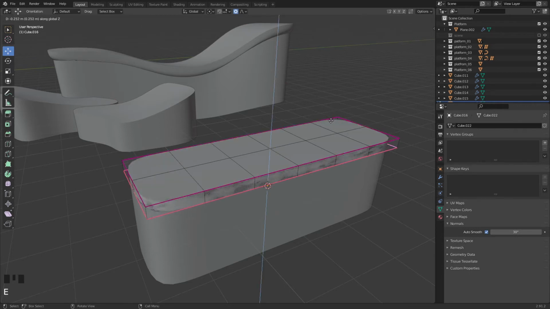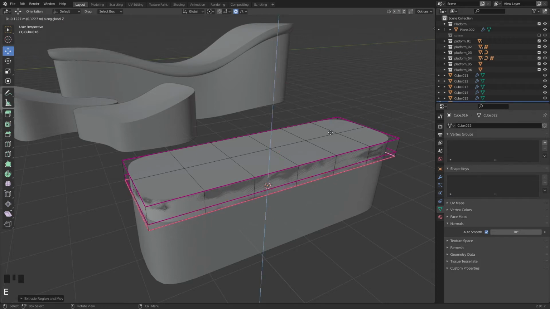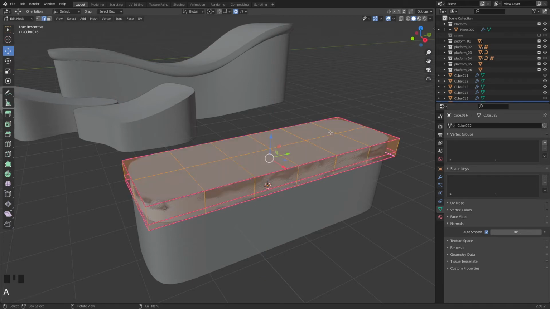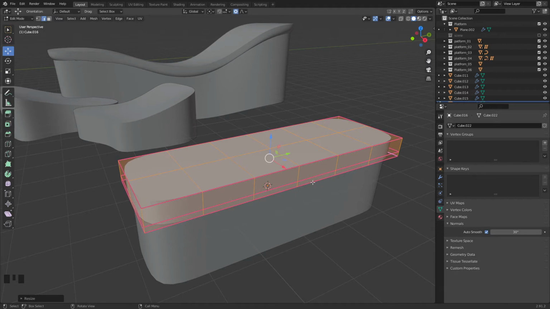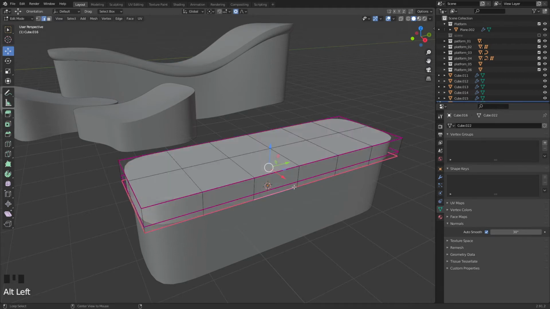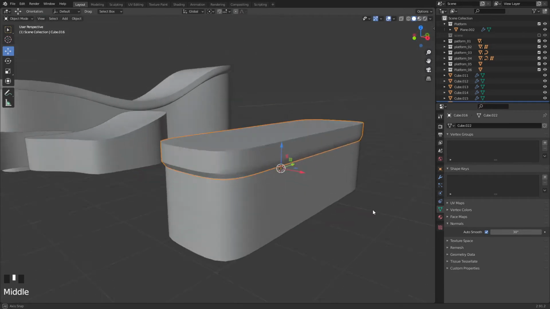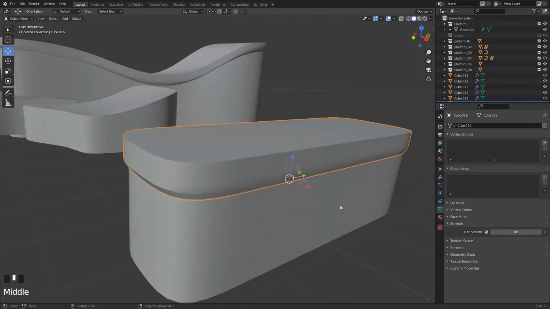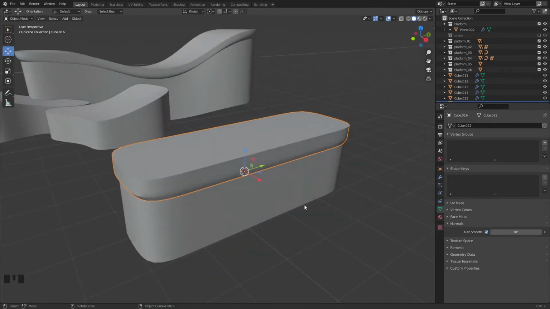Extrude C. So extrude C. Extrude C again. Select all. Scale out. Now only bottom. Scale. Scale in. And then we kind of have the first platform, but now what I'm going to do, I'm going to add